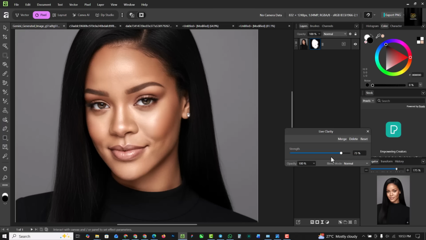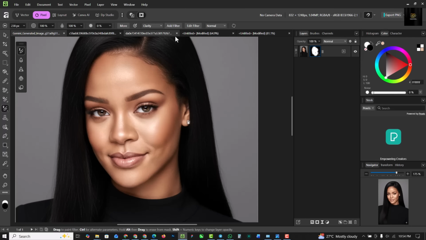Look at the strength, so you can choose to reduce this when you don't want this, or you can choose to keep it the way it is. So after you finish painting, you can adjust like this, and of course, it stays non-destructive, right? So you can add an extra filter. Like if you use the clarity and you want another filter, click on this add filter, and of course